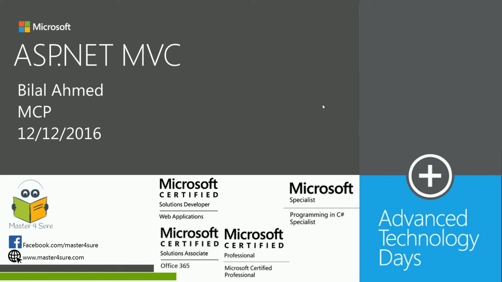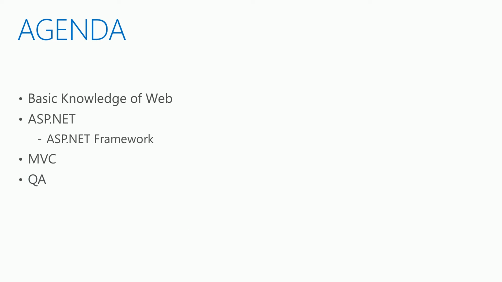So today we are going to start our new course, that is ASP.NET MVC, and today's class will be mostly theoretical. I would like to explain ASP.NET in detail to understand the three layers of this architecture, right? So our agenda for today is to understand basic knowledge of the web, then the ASP.NET framework, and after that we'll move on to MVC